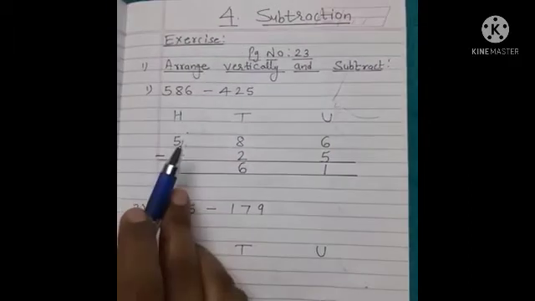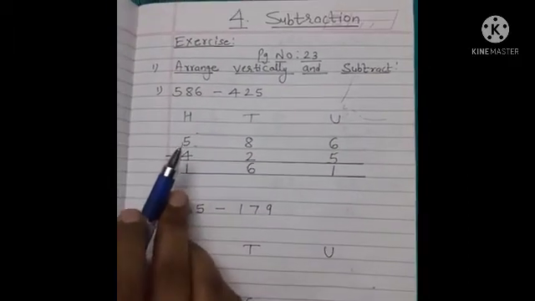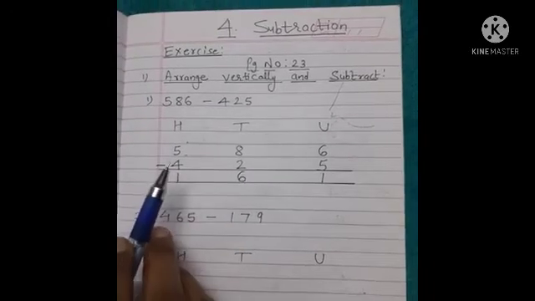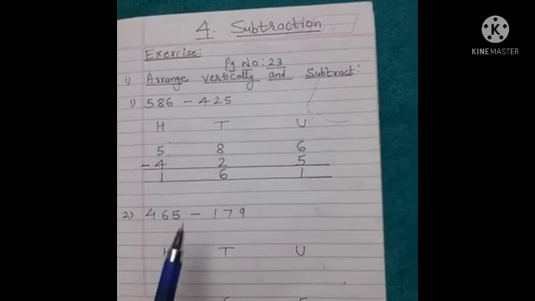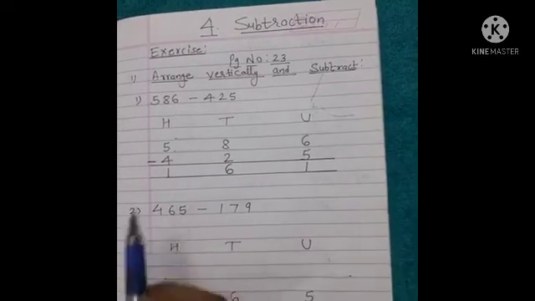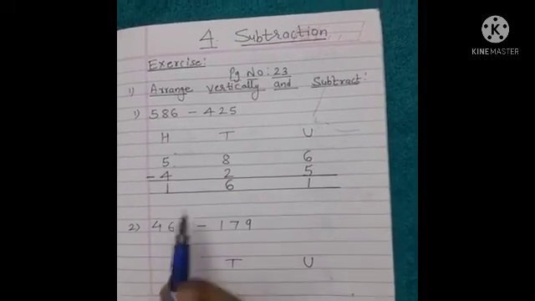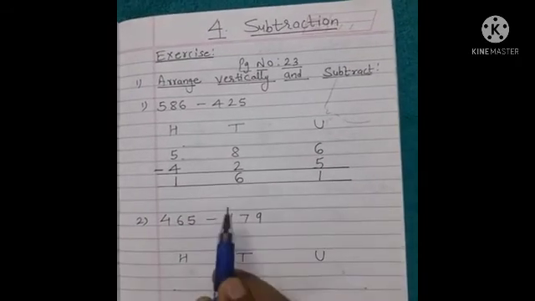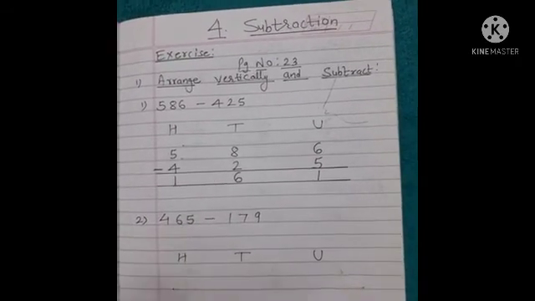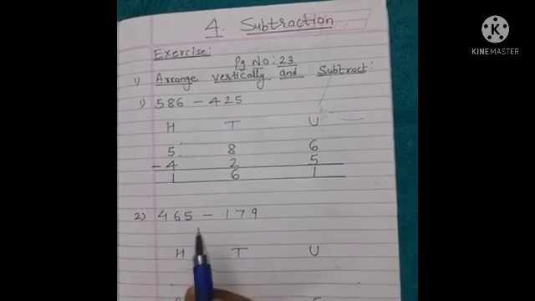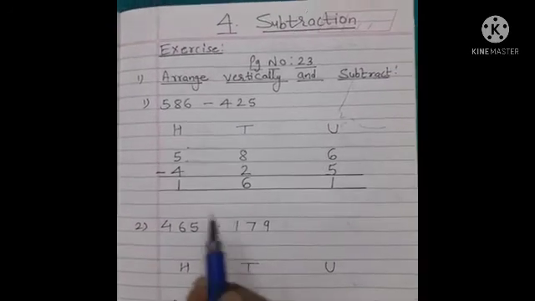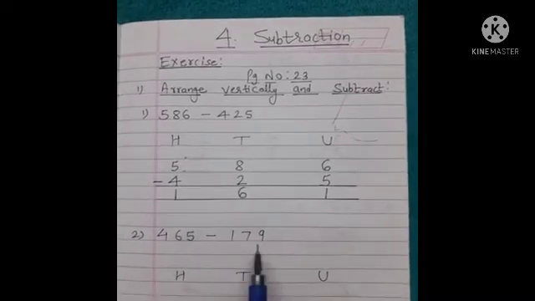So this is a 3-digit number. There are some rules for doing this subtraction. Rule number 1 is the bigger number will be on the top and the smaller number will be below. And the words that we use when we subtract are minus, subtract, find the difference, borrow, take away. Alright, so these are the key words you look for. You use all these words while subtracting.